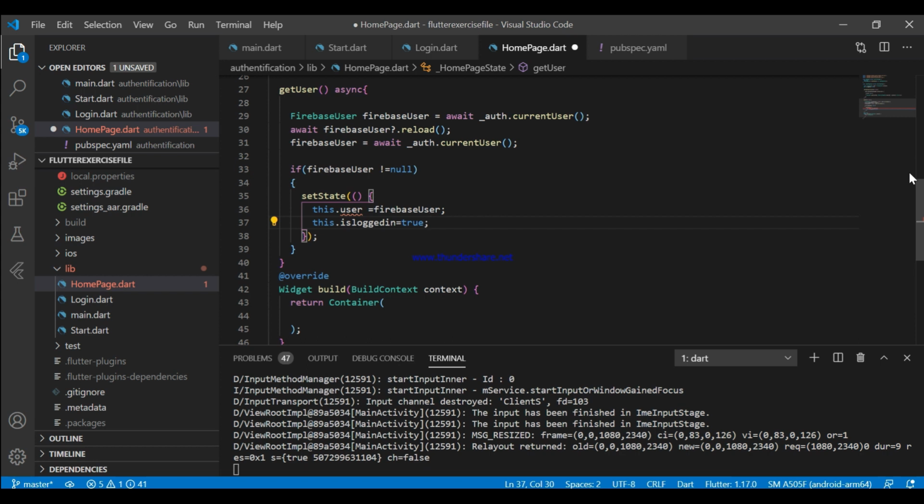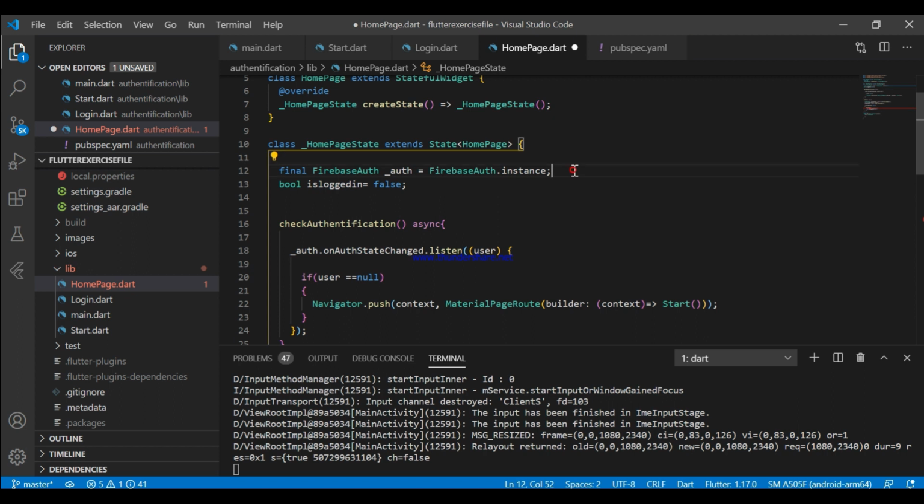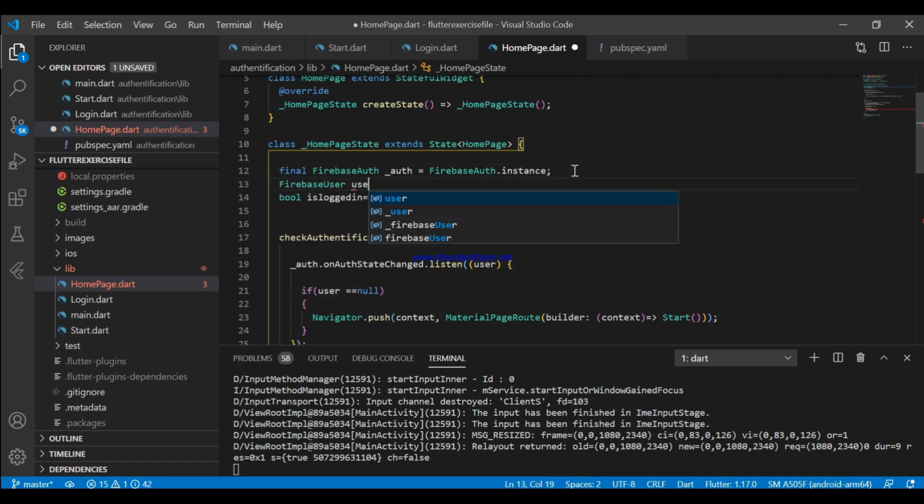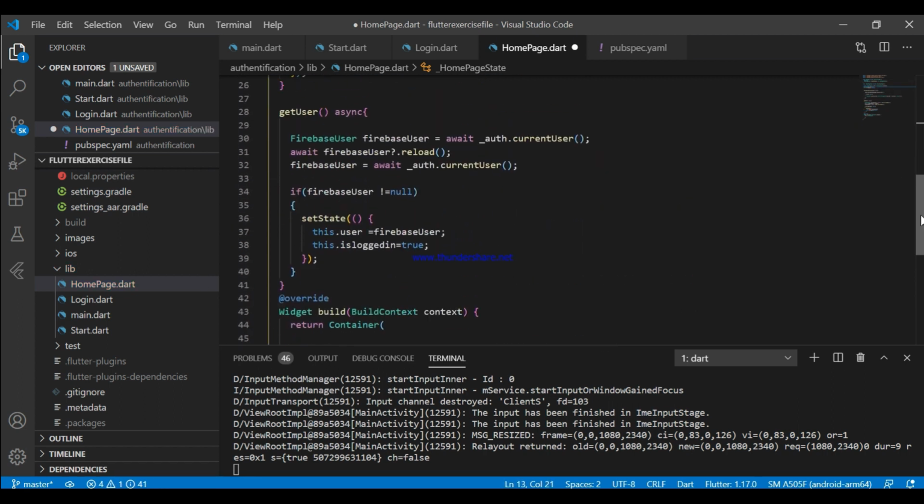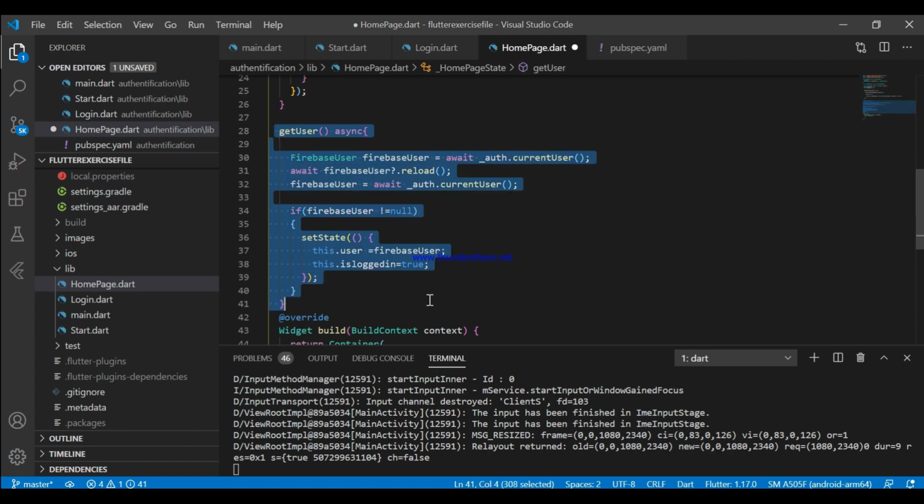I forgot to create this user. Sorry, that's why we are getting the error. Let's add Firebase user. Now it's all good.